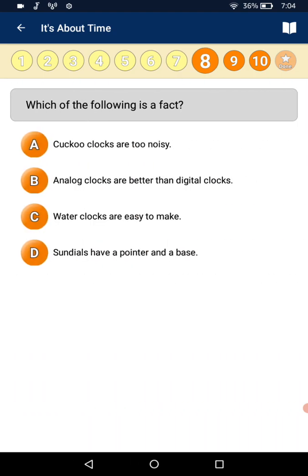Which of the following is a fact? A. Cuckoo clocks are too noisy. B. Analog clocks are better than digital clocks. C. Water clocks are easy to make. D. Sundials have a pointer and a base. I choose